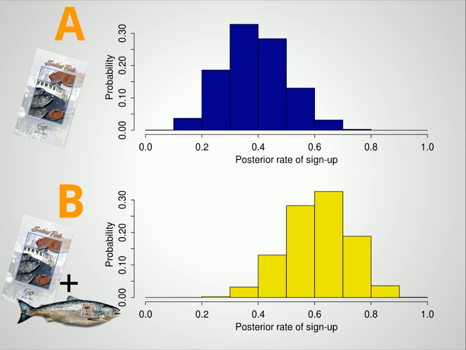Fortunately, this is very easy to do, as these posterior probability distributions are represented by a long list of parameter draws. So here are the numbers behind the two posterior distributions. I only show the first 8 rows, but there are many more rows in this table. So here, each row is a pair of parameter draws that, when plugged into the generative model, simulated data matching the actual real data. So the way these parameter draws are distributed represents the uncertainty around what the rate of